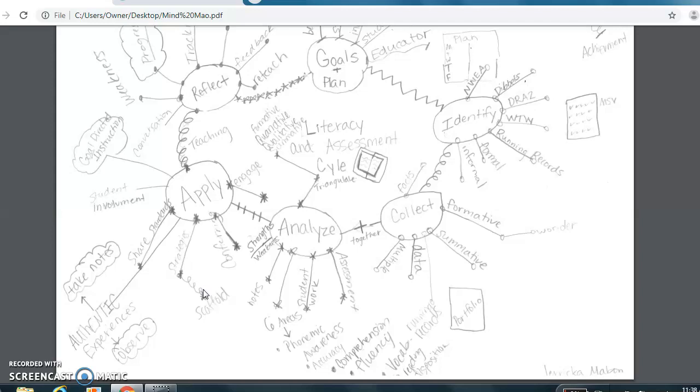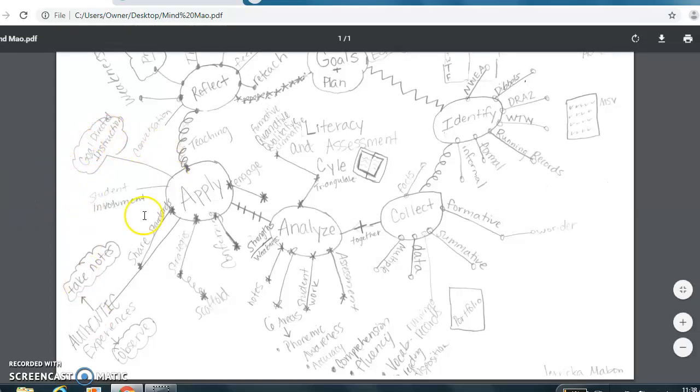So, conferring with the students, talking about strategies, and then scaffolding those strategies to meet the student's ZPD. Share the standards, share what the student needs to be working on, but make sure there's that student involvement. Make sure there's that engage aspect. Give them authentic experiences where you can take notes and observe to see if they are working towards their goal. And then goal-directed instruction is a huge one that goes with apply. And then apply, teaching, carries us over to